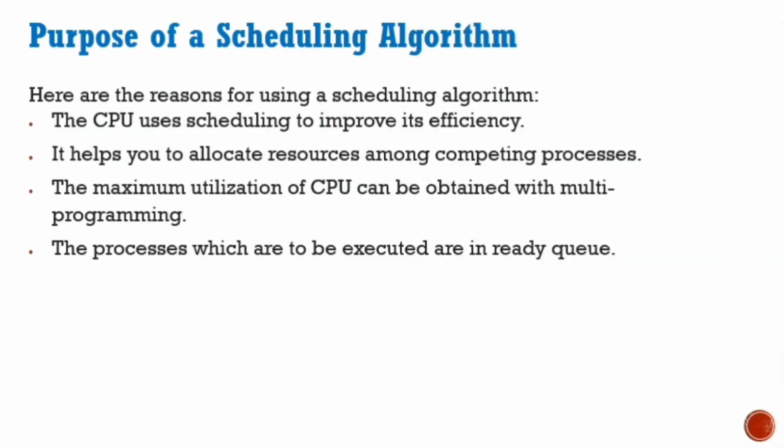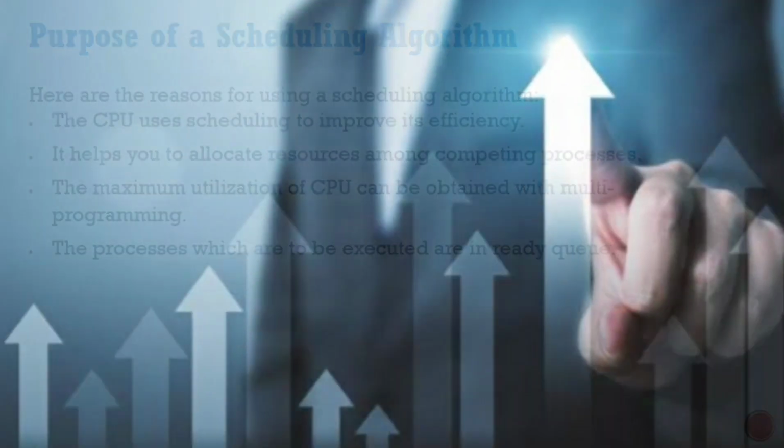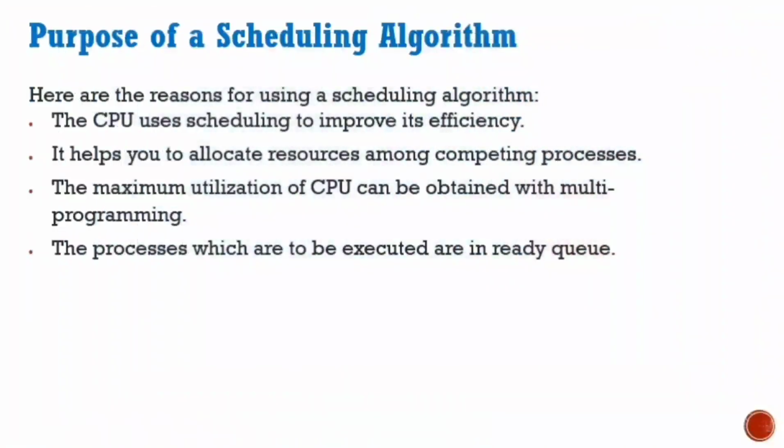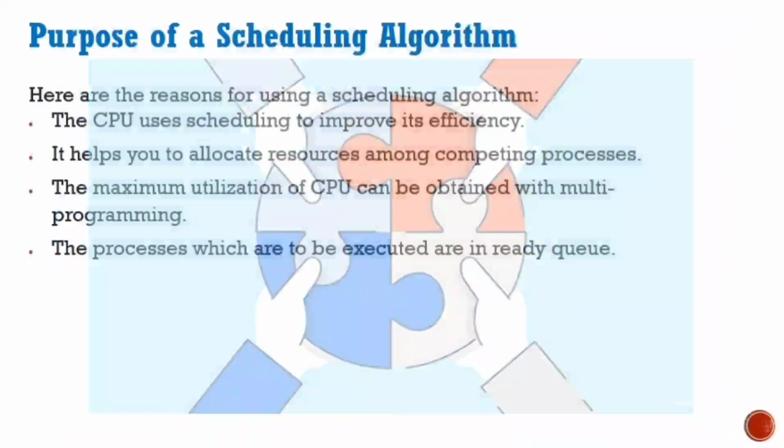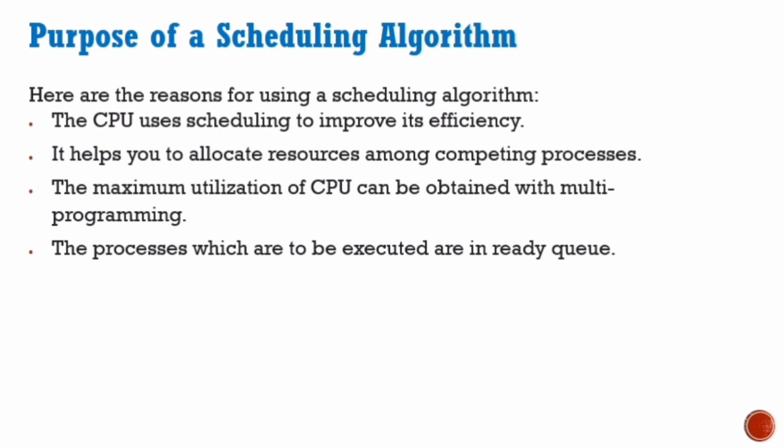Now, I have actually been talking about so many different scheduling algorithms and their details, but why exactly do we need, or why exactly does the CPU require a scheduling algorithm? So, there are a few important reasons as to why a CPU adopts scheduling algorithms. They are as follows. So, first is the CPU actually needs these scheduling processes and algorithms to improve its efficiency, to make sure that it is capable of handling all the different processes in a very efficient and systematic manner. The second reason is it will actually help the CPU to allocate the different resources and computing components among the different competing processes in a very orderly fashion.